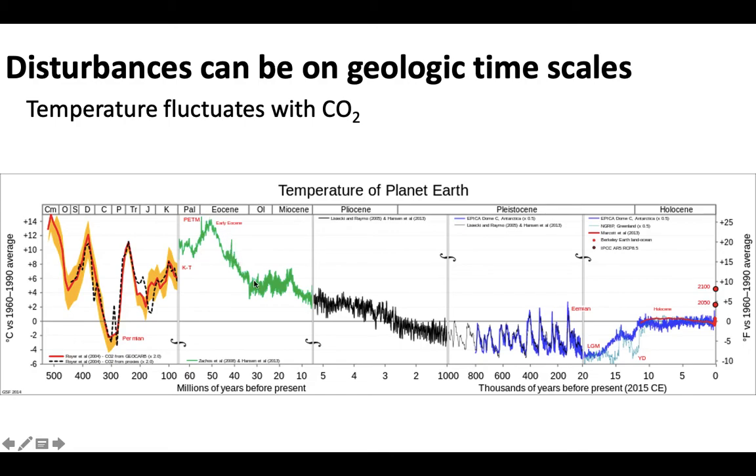Things are very hot, and then they start to cool off, and then as we get into the Pleistocene era, they start to fluctuate a lot, and then we have the Ice Age, and things freeze over, and then it starts to get warmer, and then we're in the Holocene, which is kind of where we are now, and then as we enter the Anthropocene, the age of man, we start to see the temperature rise. So, our existence has been like maybe from 10,000 years to present day for modern humans.